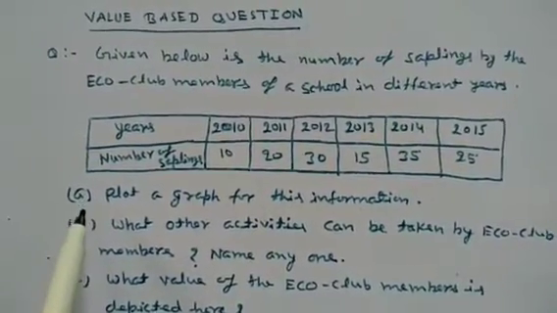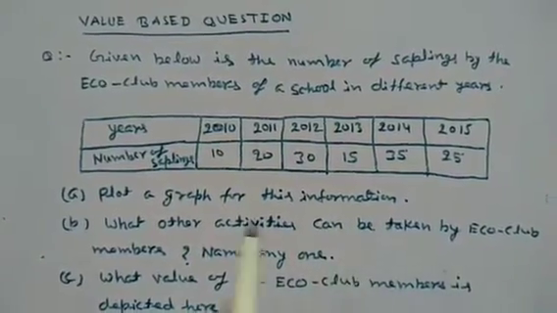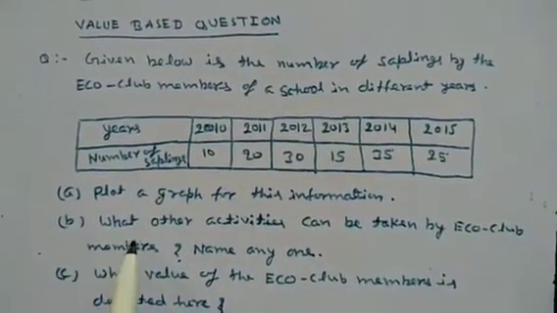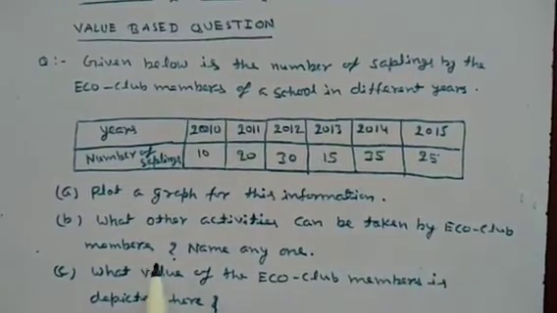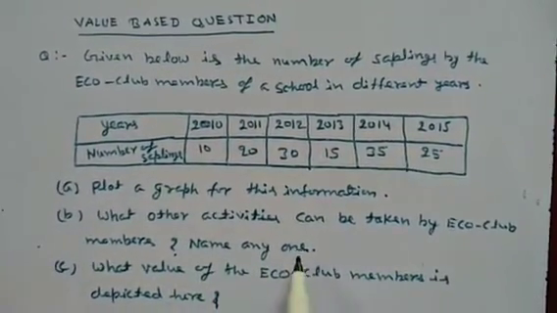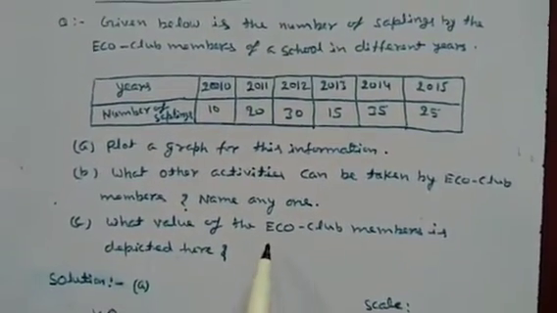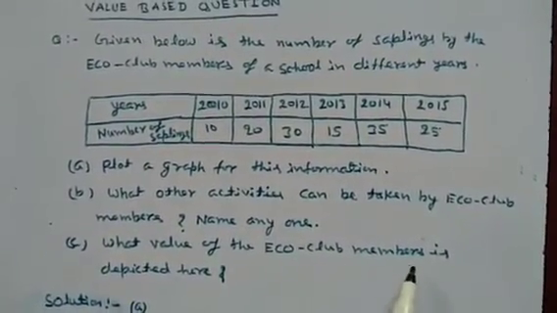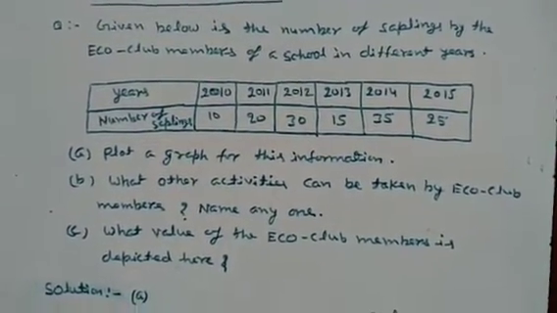In question A, plot a graph for this information. In question B, what other activities can be taken by eco club members? Name any one. Question C says, what value of the eco club members is depicted here? Solution